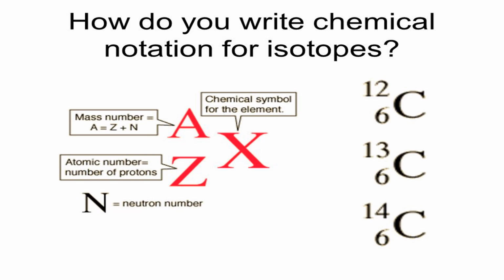That is why if you see on the right hand side, it's written 12C6, 13C6, 14C6. Everywhere, as I told you, the proton number is the same. That is why 6, 6, 6 is written. So this 6 which you see is the proton number or the atomic number. And 12, 13, 14 is the atomic mass number, that is proton plus neutron.